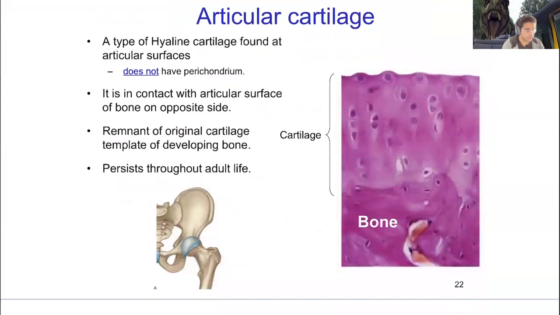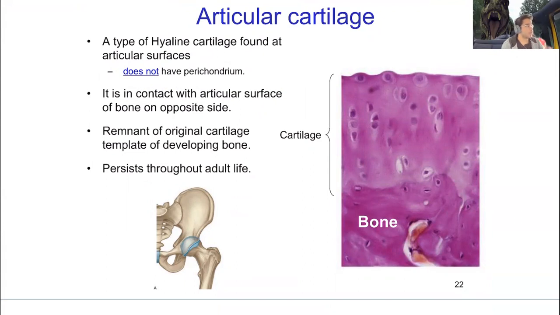Articular cartilage, I like to think of as articulating points. It does not have a perichondrium. This is a question that they asked us when we were going through our exam. Which cartilage does not have a perichondrium? And we were sitting there scratching our heads. It was articular cartilage. Remember, the perichondrium actually holds a lot of your chondroblasts, and the perichondrium eventually adds and